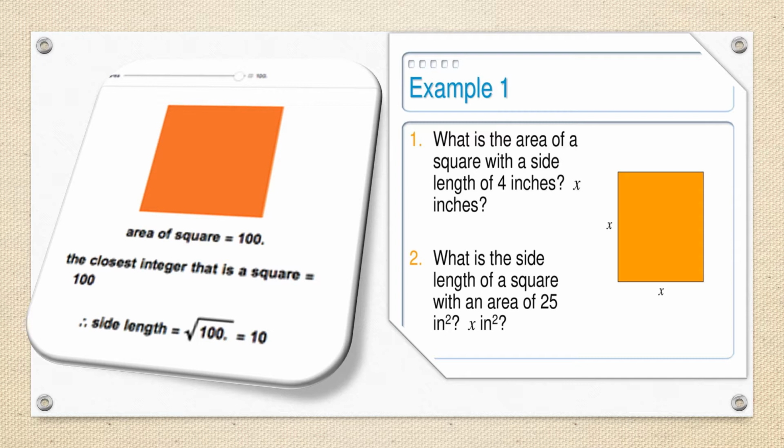And the next one, what is the side length of a square with an area of 25 unit square? That means inch whole square and x inch whole square. So for the first one, the answer will be root over of 25, that is 5 inch. And for the second one, the answer will be root over of x inch. Please do these two sums as homework in your copy along with these slides, all sums.